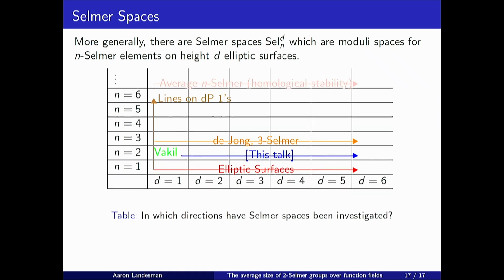Okay. And the last direction I want to mention is, you could continue this pattern of going horizontally, and you could ask what's the average size of the n Selmer group. So this is what I was talking about, this conjecture of Bhargava and Shankar. And they predict that the average size is the number of divisors of n. And so if you think about this question, you're trying to count the number of F_q points on these certain varieties parameterizing these Selmer elements. And